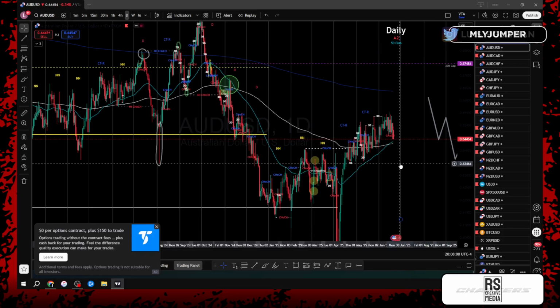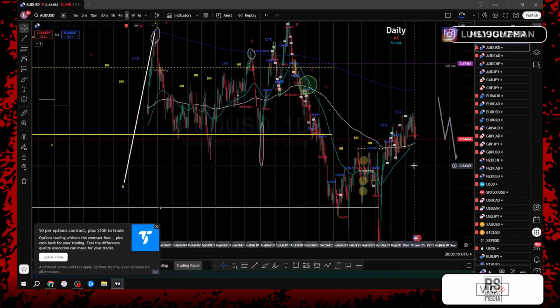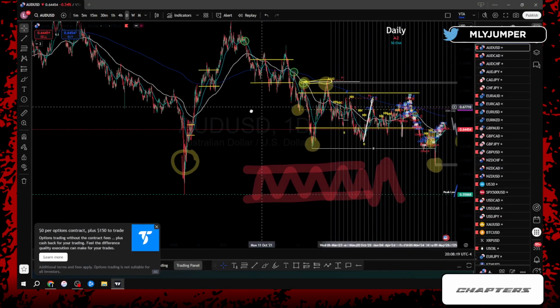So outside of everything else, is the market following the trend? Is it following our rules? Is it doing what it's supposed to be doing? And that's what we're going to check. So we know that AU right now we are in an overall downtrend. We are in level 3.